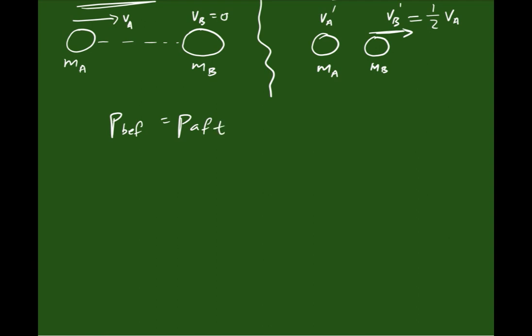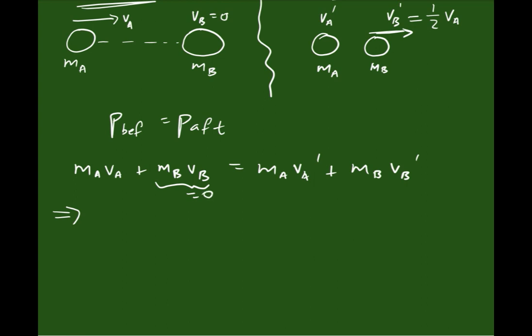So the momentum before is the momentum of each ball: mass A times VA plus mass B times VB, and this is equal to mass A times VA prime plus mass B times VB prime. Now we can simplify a bit, so we know that this is 0 because ball B is at rest. So we just have mass A times VA is equal to mass A times VA prime,